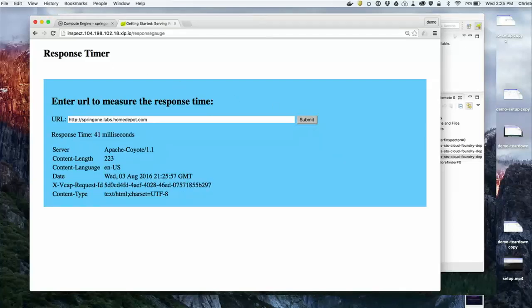So this is what's interesting about this. If you notice, we got 41 milliseconds here as a response time from the one application we deployed to the other application we deployed. What's interesting is that this foundation we stood up here is actually in the west region, and the labs foundation is actually in the central region. So the latency between those is literally just 40 milliseconds, actually less than that, because some of that is